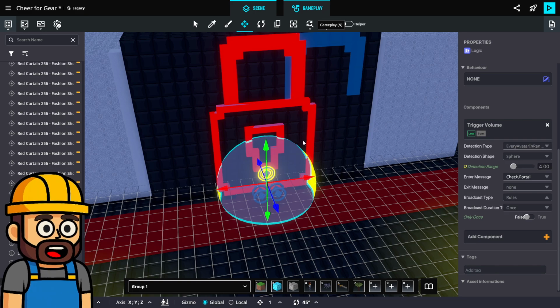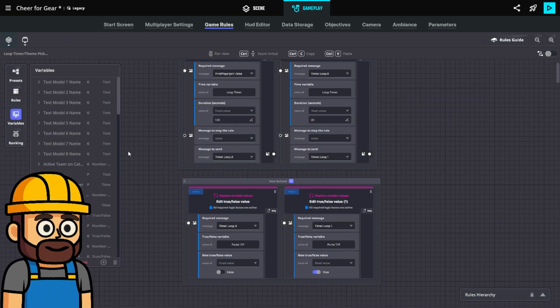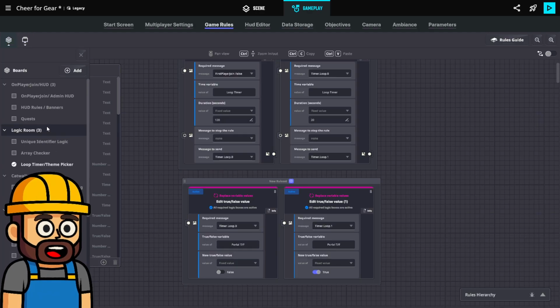So the actor property switchers are going to make these locks and these unlocks visible and invisible when I need them to be, so that you'll have a visual cue that you can go through the portal now. And also, I want to keep an eye on my timer too.